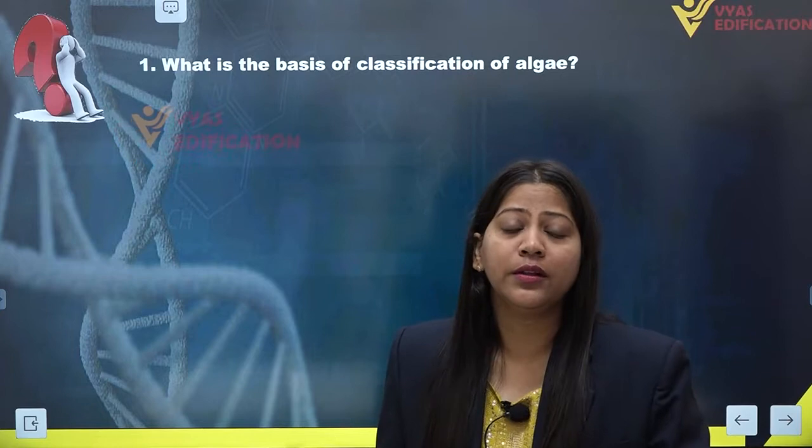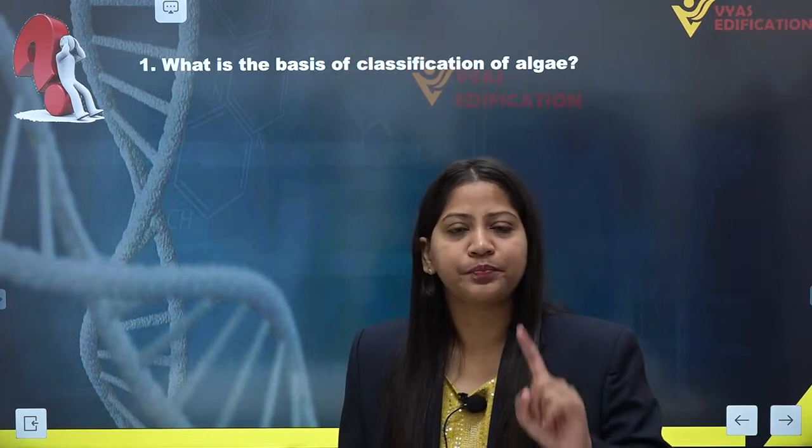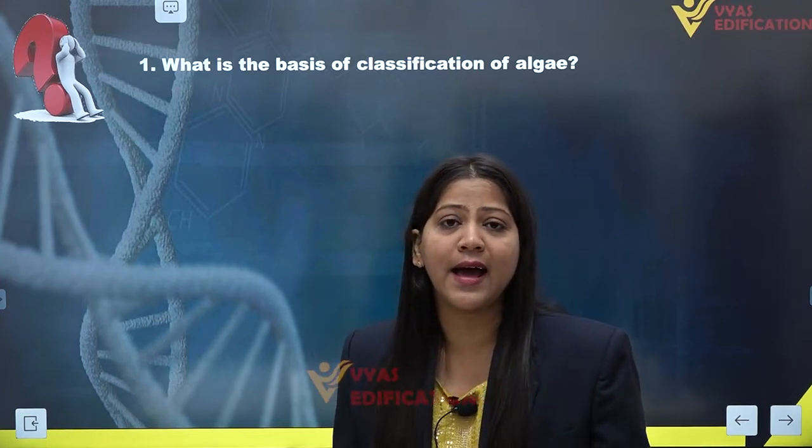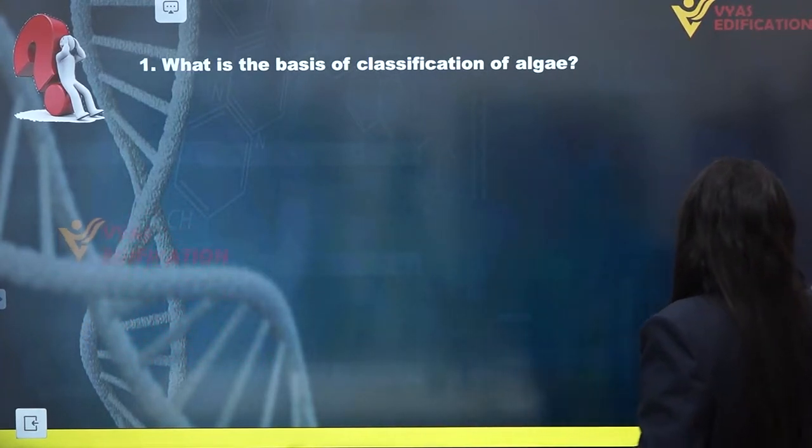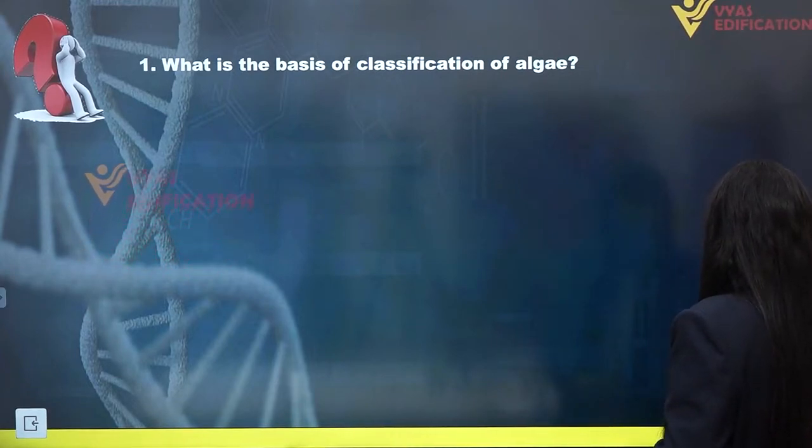That means Chlorophyceae algae have reserve food material as starch. If you talk about the Phaeophyceae or brown algae, then the food reserve material is mannitol and laminarin. And the last one, Rhodophyceae, which is red algae, has food reserve material as Floridian starch, which is similar to glycogen in structure. Now let's come towards the written solution of this question.